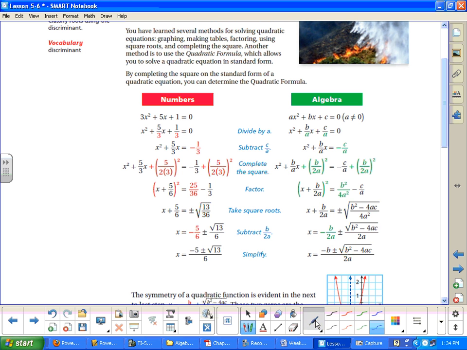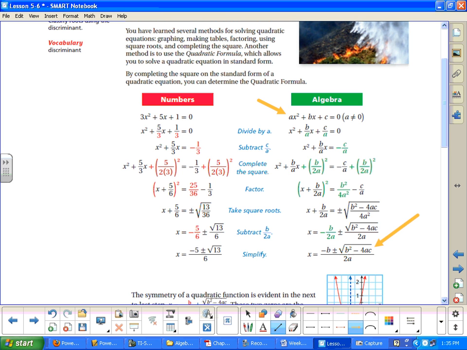So we've looked at, here's our standard form for a quadratic equation. Ax squared plus bx plus c equals 0. Okay? And for most of the things we work with, factoring, graphs, and tables, we always want it to be equal to 0. When we did completing the square, we don't want it to be equal to 0. We want to just have all the variables on one side, the constants on the other. But when we do the quadratic formula, we're going to have it equal to 0 also. But when they took completing the square and they left the variables in it, they developed this thing called the